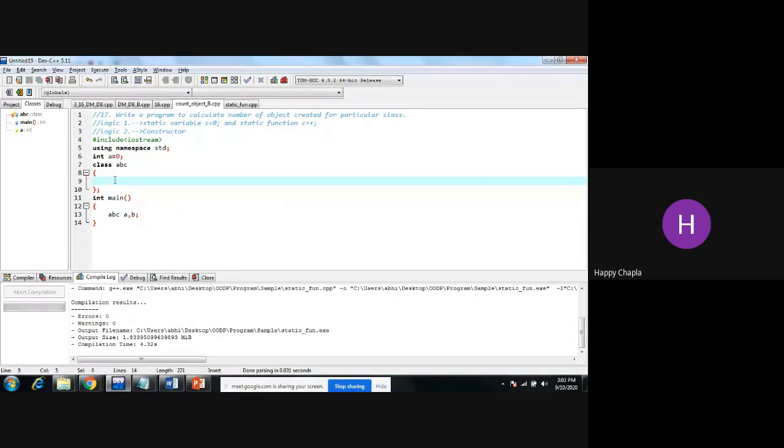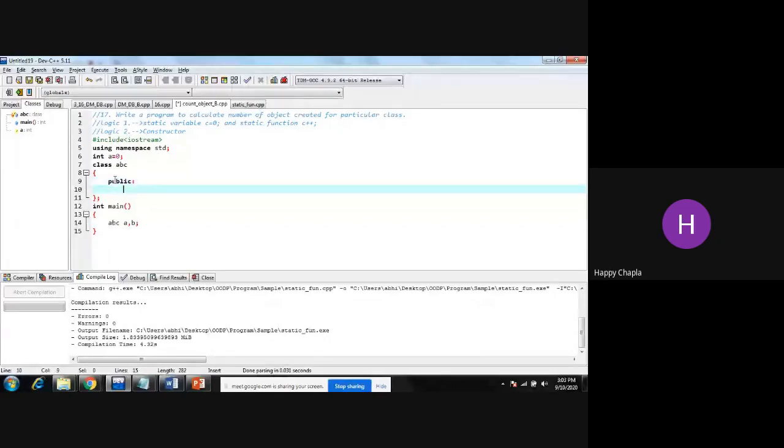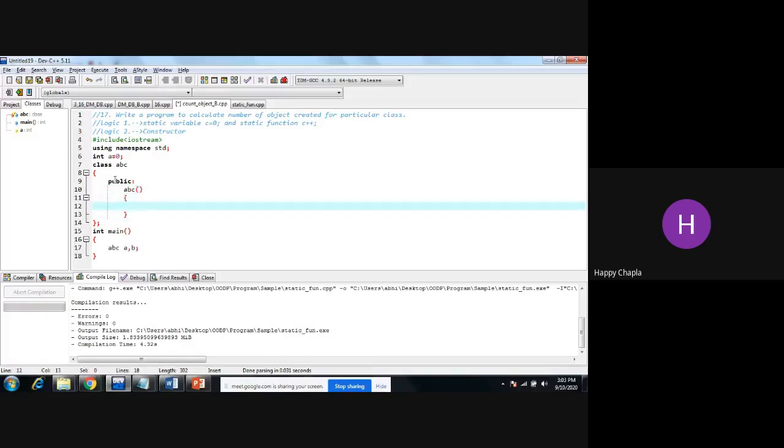Inside this class, in the public section, I'm declaring one constructor named ABC. And in that constructor, I'm incrementing the variable A by 1.